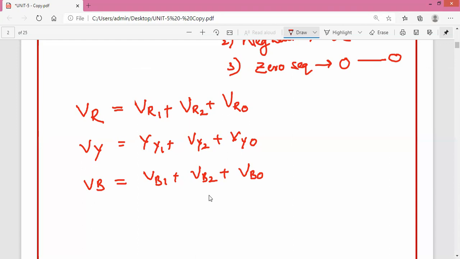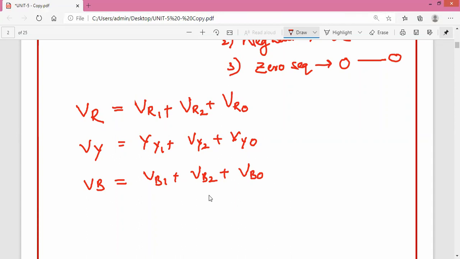Then the number of equations to be solved is also reduced, and the time taken for calculation is also reduced. When there is a fault in the power system, these balanced parameters will become unbalanced, and these unbalanced parameters will not have the same magnitude, and therefore there exists a neutral current, and the algebraic sum of the phase currents will not equal zero.